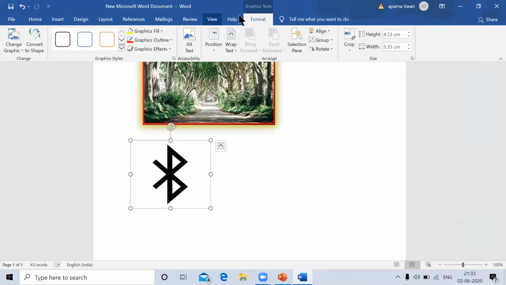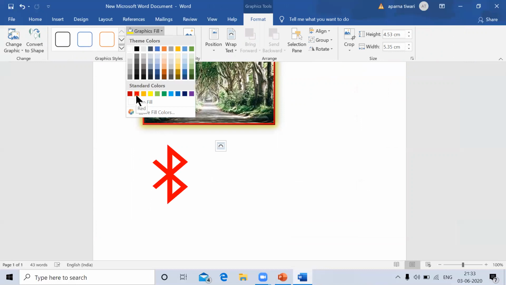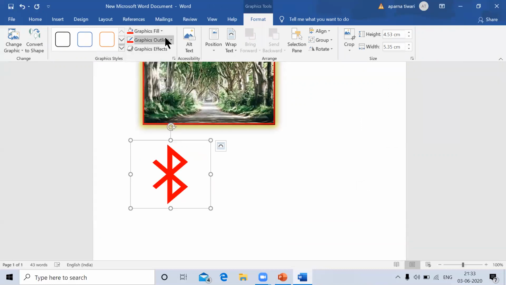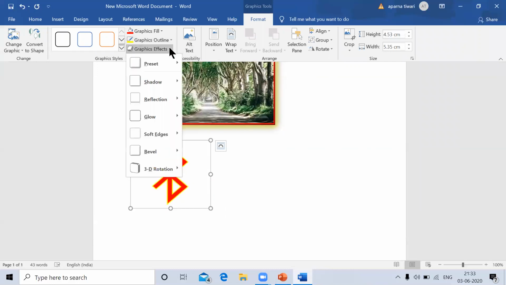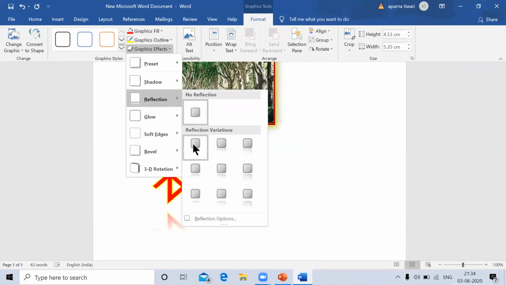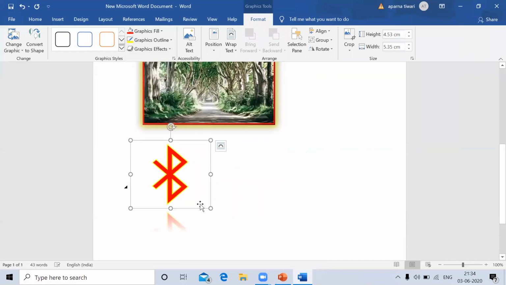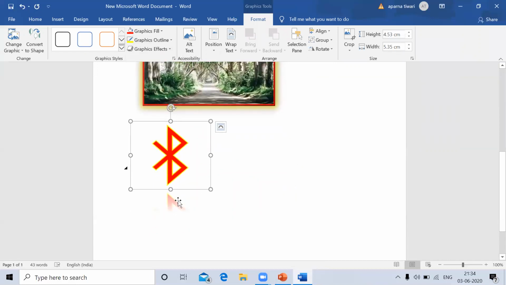Again, you can see the Format menu is available, and we can select graphic fill for this. Outline also we can give for our picture. Effects also, whatever effect like reflection. If I want to give reflection, you see here my picture is getting reflected here. So whichever option is suitable for your requirement, you can select accordingly and add.